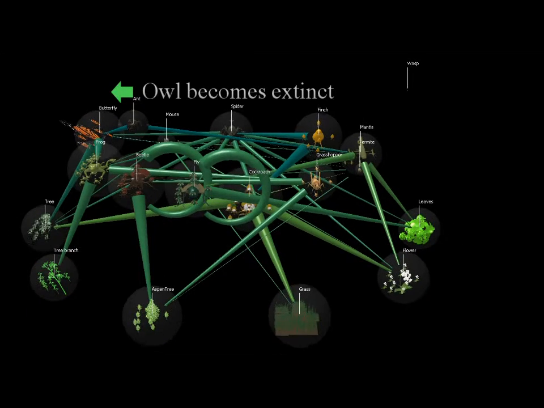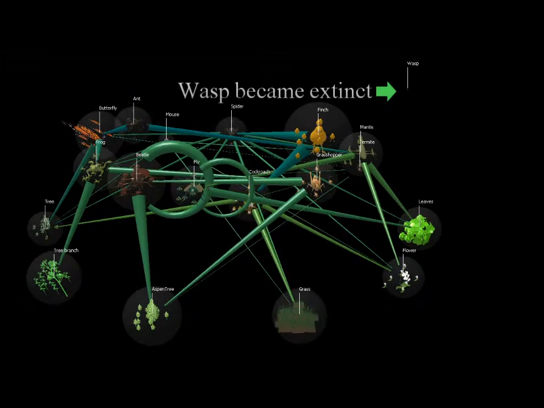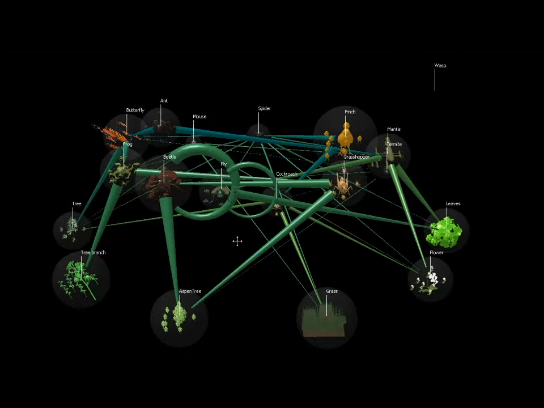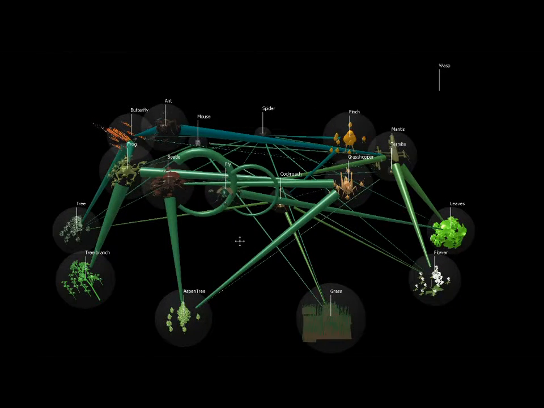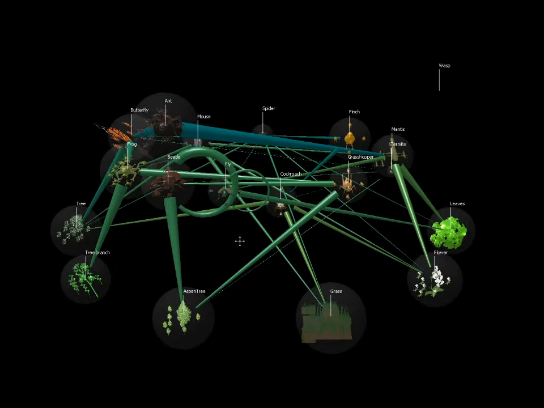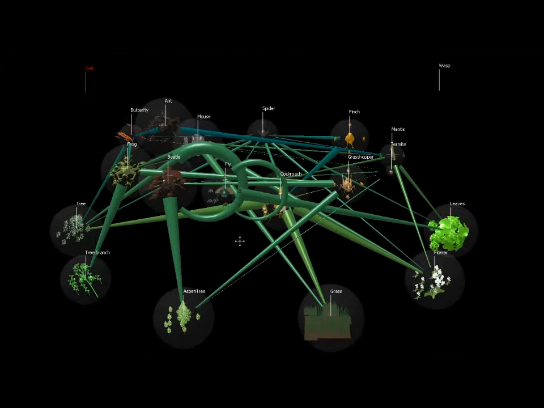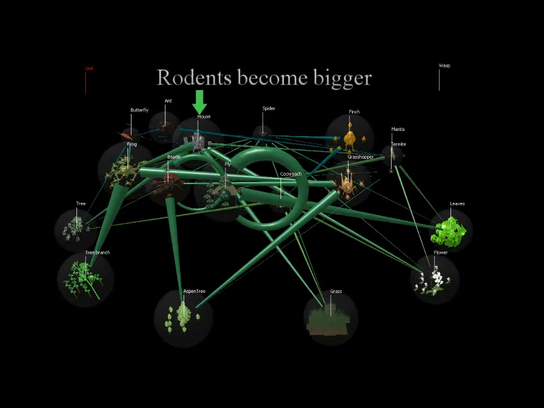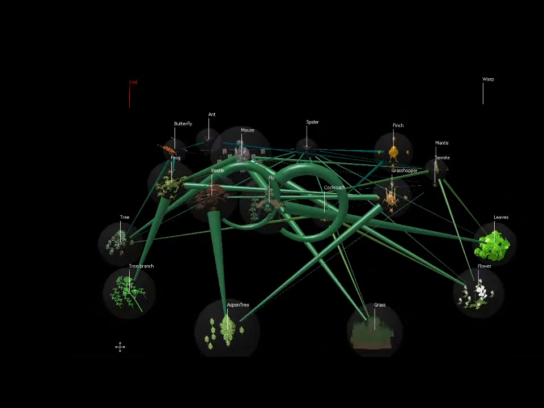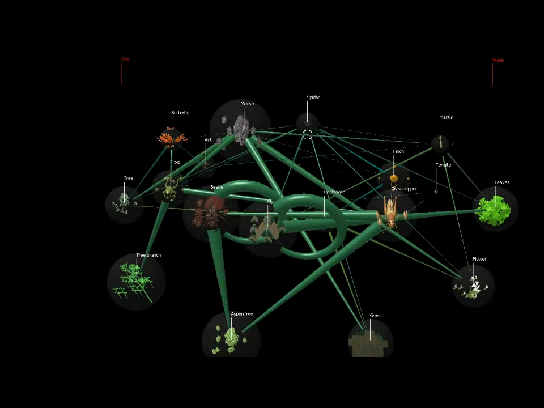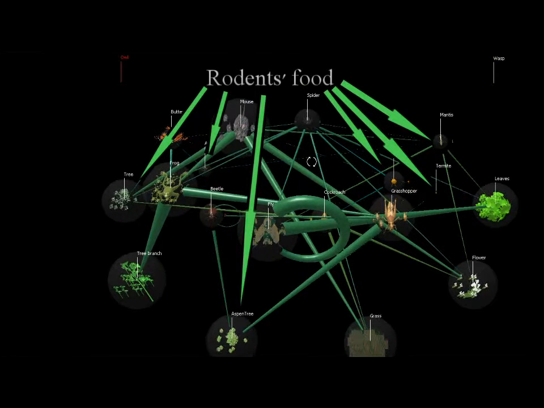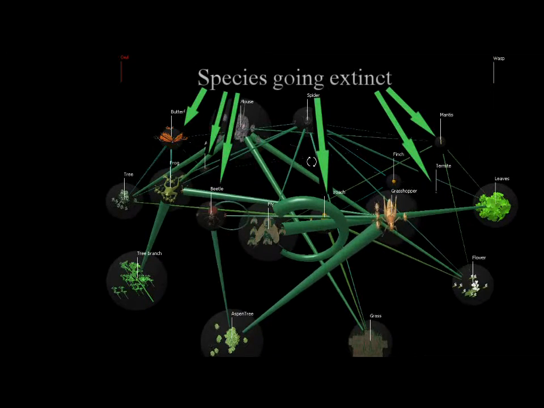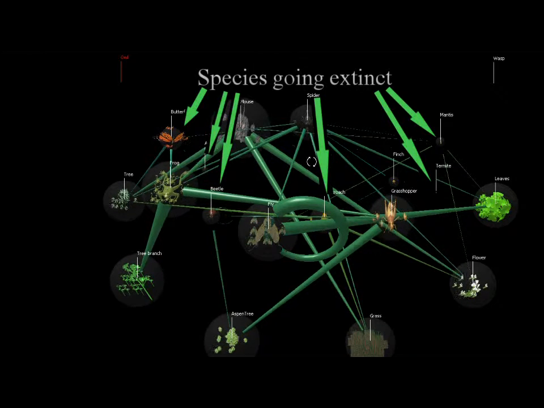Other species that depend on those insects and plants might starve, causing them to no longer be part of that part of the forest. That's what happens in this web, as we see the sphere representing the rodents getting bigger. The spheres representing their food get smaller, and the spheres representing other consumers get so small they disappear.